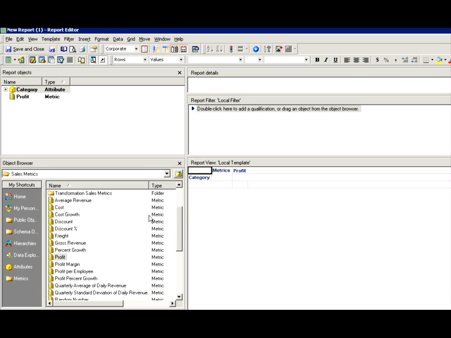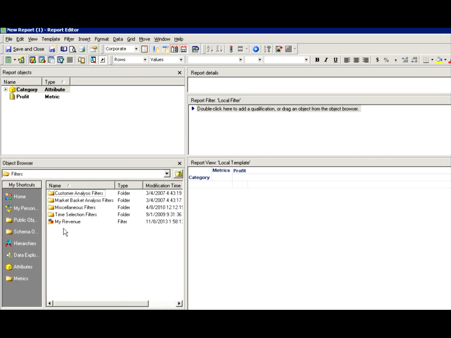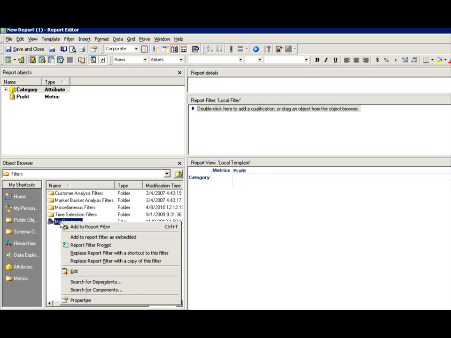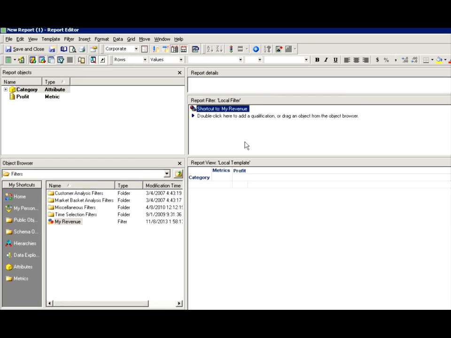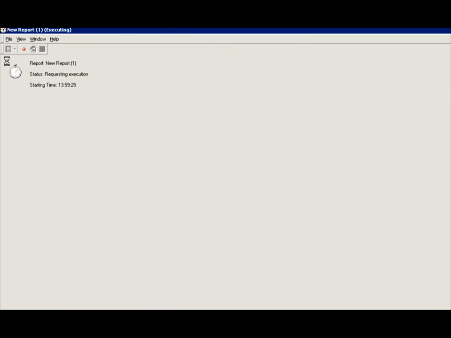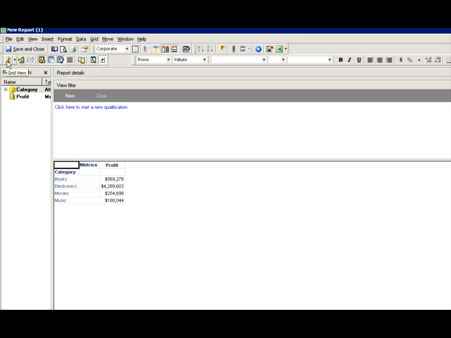And we're not going to put a time dimension just to keep this simple, but typically you want to add a time dimension here. And now I'm going to go locate my filter, the filters folder, right click, edit to report filter, and there it is. Now I'm just going to run my report without saving it just to see the result. There you go. It's showing us